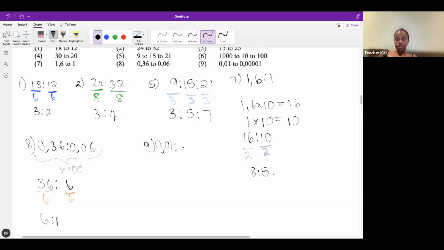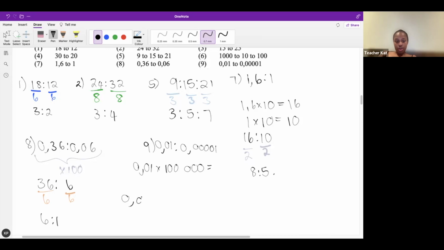0.01 to 0.00001. Let's see, 1, 2, 3, 4, 5. What do I have to multiply by here to make sure we have whole numbers on both sides? 100,000, says Ashley. I think Kelly is saying the same thing. So 100,000 is true. So 0.01 times 100,000,